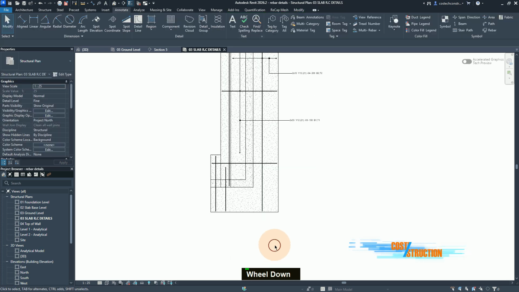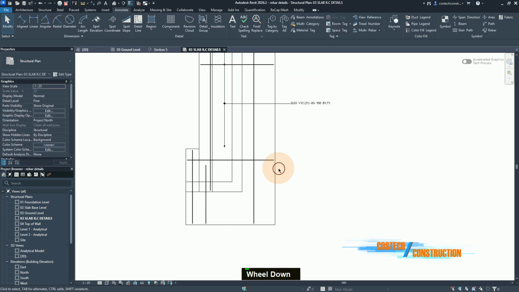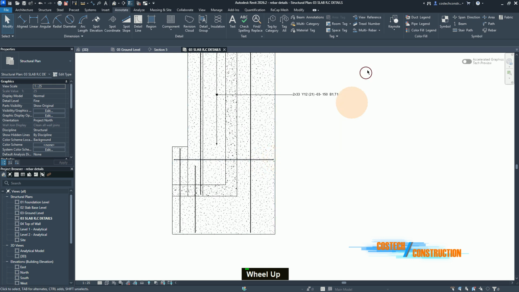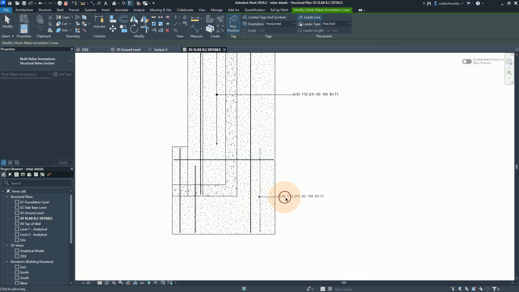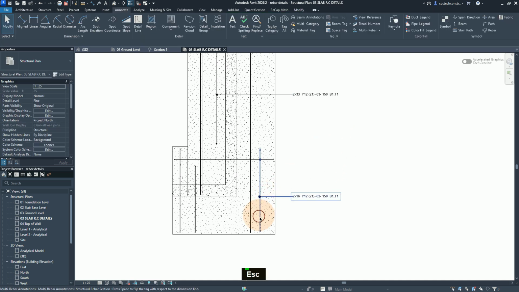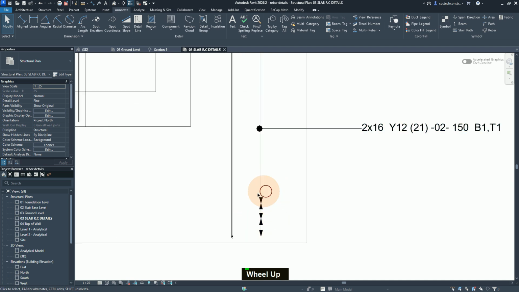And now notice for this set, we had not finished to place it. So I'll go back to the multi-Rebar tag. I'll pick on this Rebar, pick this point, and then I can pick this point somewhere here. With the endpoint aligned, I can click once, then click again to place. Now I'll click escape, and if we zoom, we notice that we have this kind of